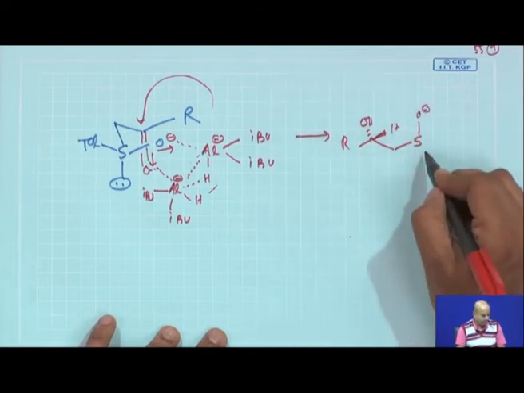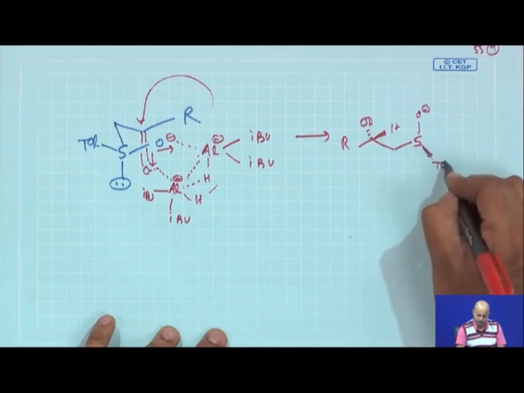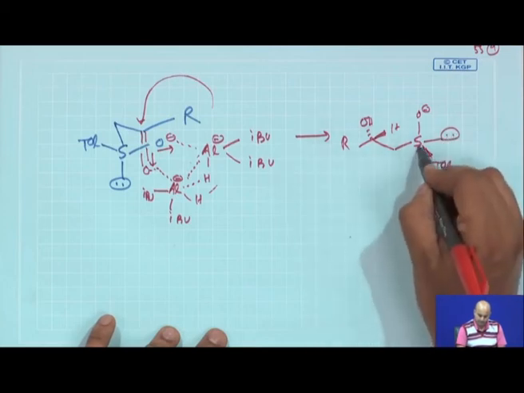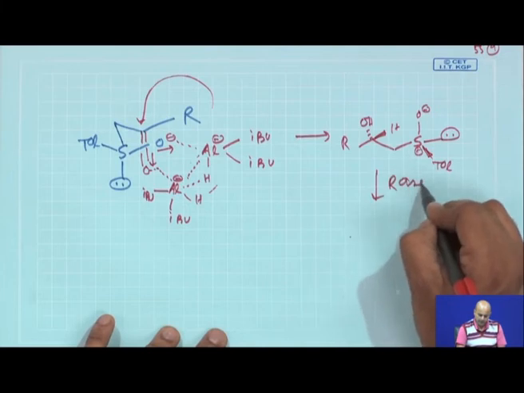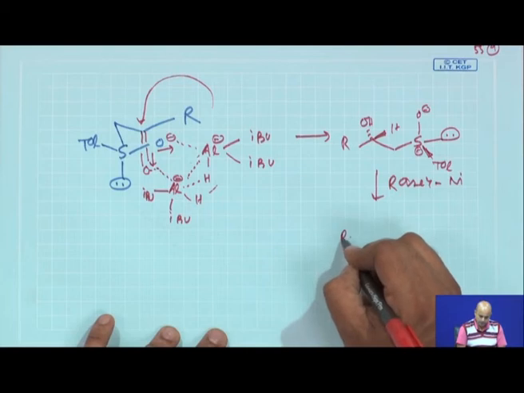Now, the remaining part is all similar: your toluene group, your sulfoxide lone pair, S plus. Now, you do a Raney nickel treatment, Raney nickel cleavage, which gives you this